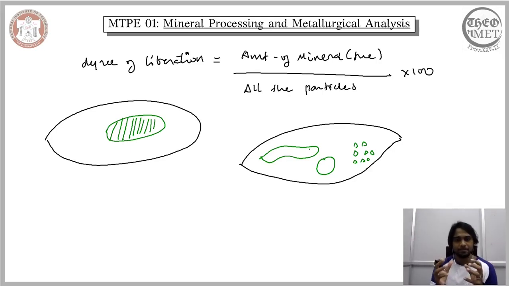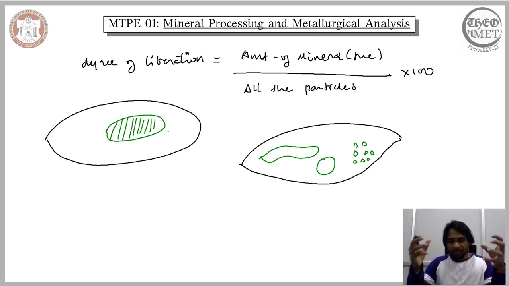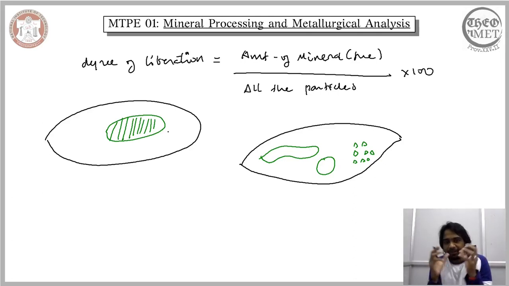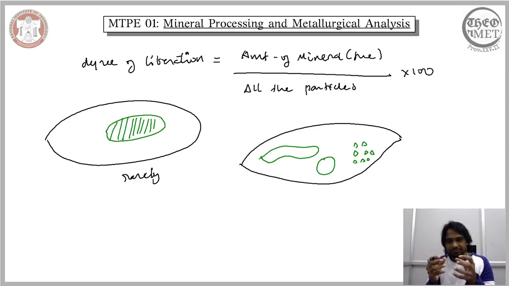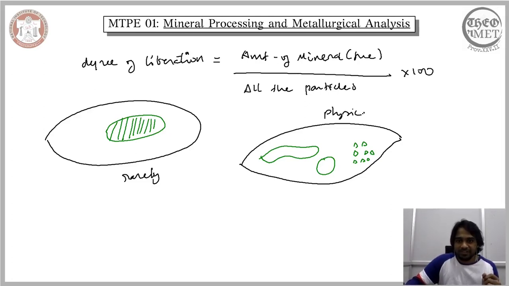So very rarely would you mine out an ore particle that looks something like this, wherein for a given particle our desired mineral is completely encapsulated and is located in a specific position. So this kind of setup is very rarely found. The way we observe minerals in realistic conditions within a given mined out particle is something like this. So this is the physical case, and this is an illustrative theoretical case,